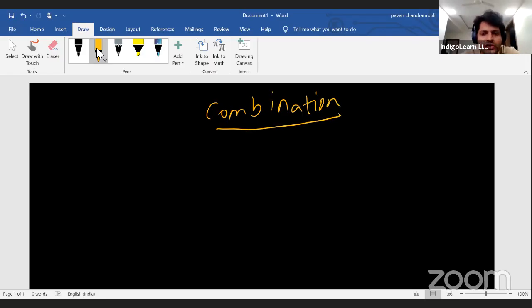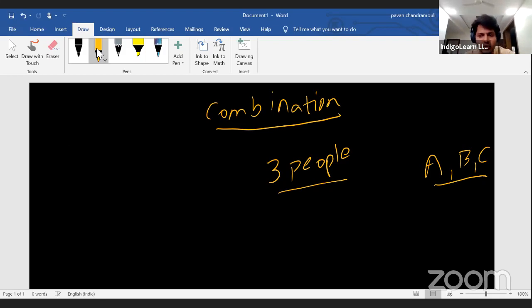Similar to permutations, combinations are also done using objects or people, but the only difference here is there is no importance of the order. For example, if I have to select 3 people in my team, let us say I'm trying to form a team to execute a project, and I require 3 people. Let us say I have shortlisted 3 people, A, B, C. And remember, my requirement is 3 people.